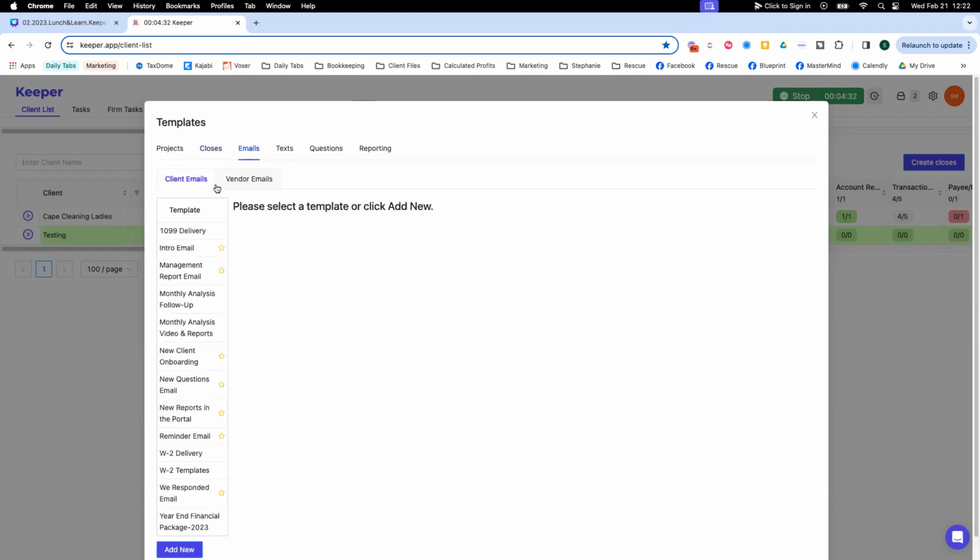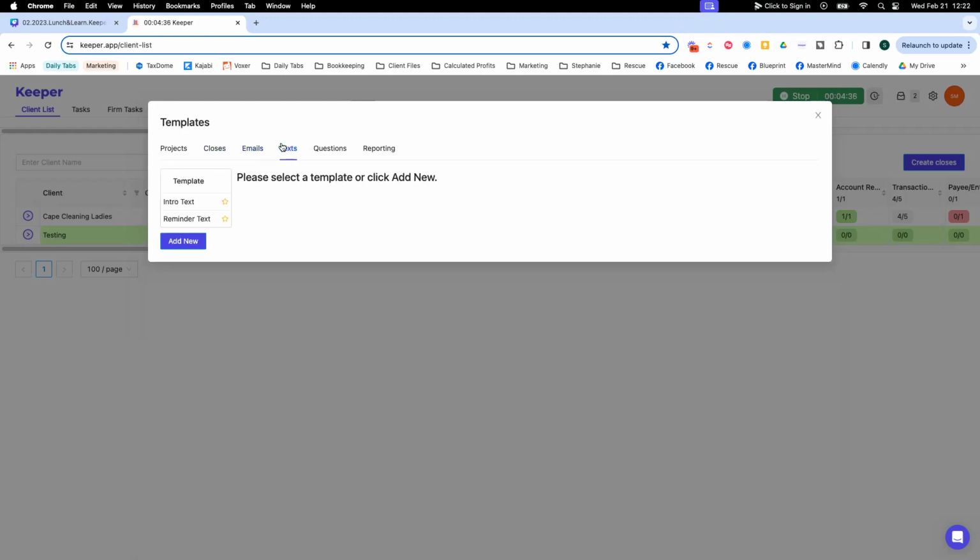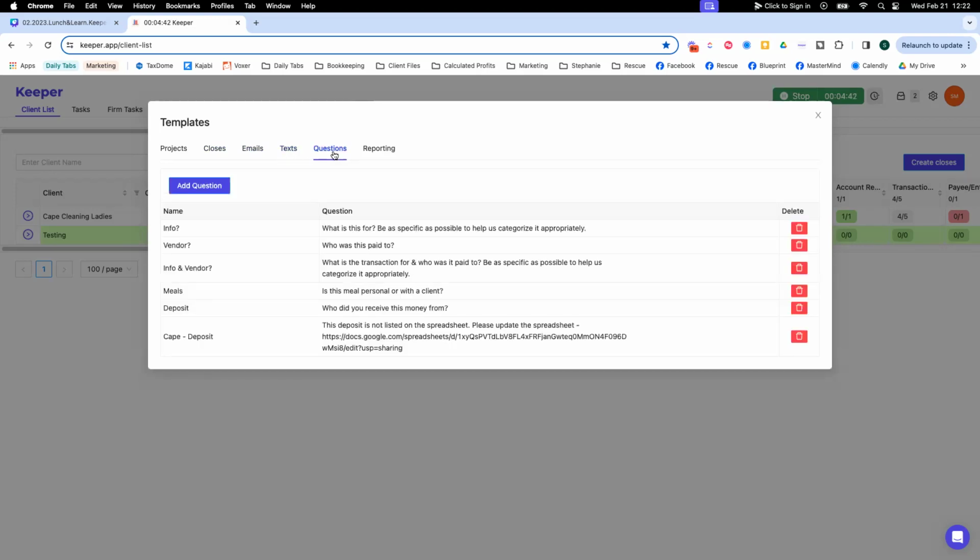You also have email templates. You have the capability of texting with your client through Keeper. So you have some templates there, for when you ask a question to your client and you're asking the same thing over and over and over,